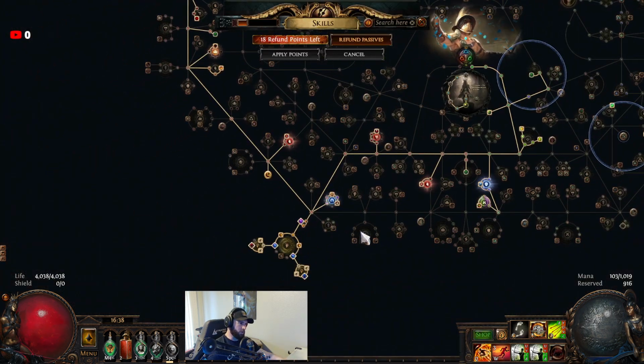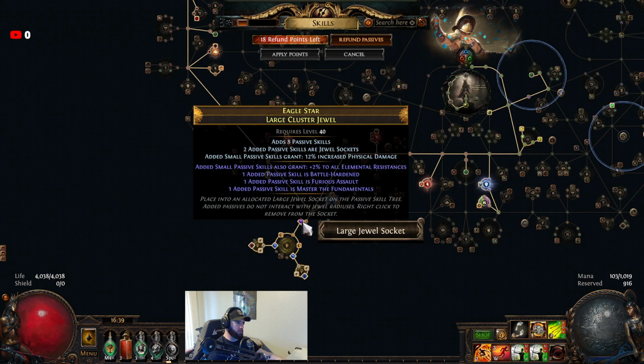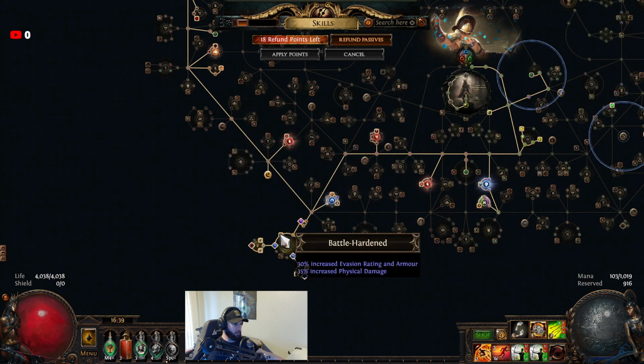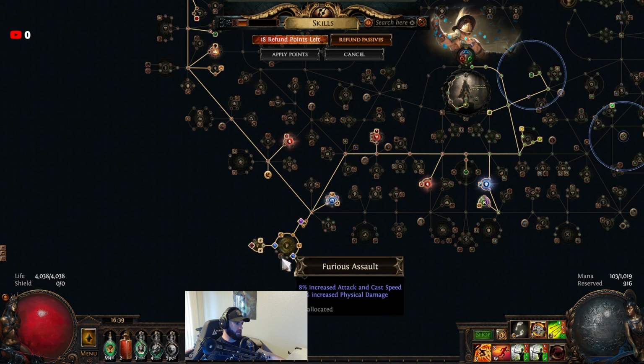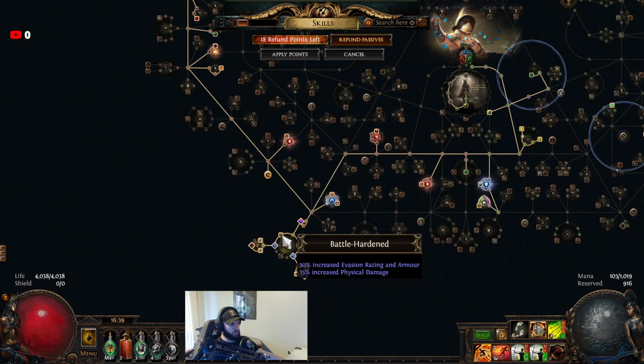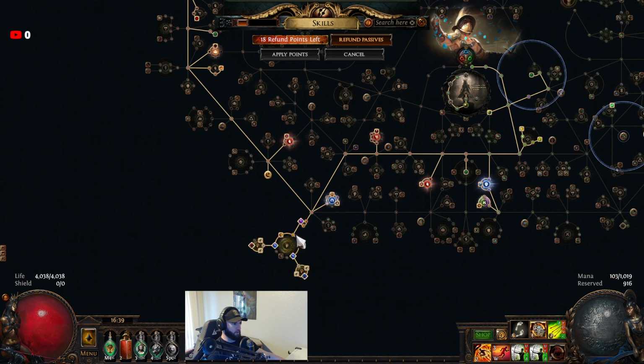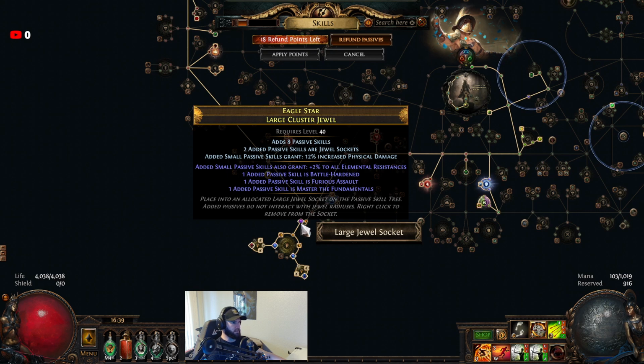Let's see here. We will go to the cluster jewels now. So you're basically looking for one that has these two: Master the Fundamentals and Battle Hardened. The last one we're not going to take, Furious Assault. We just need it to have a third passive skill, or notable, whatever these are called. So you take Master the Fundamentals and Battle Hardened, and this is just on an increased physical damage